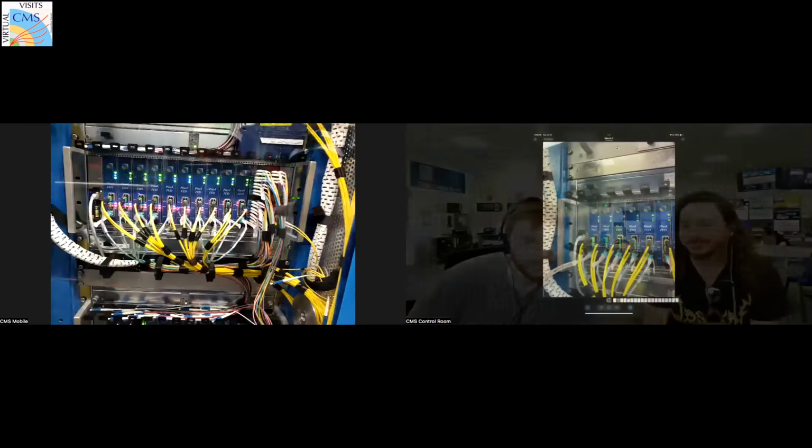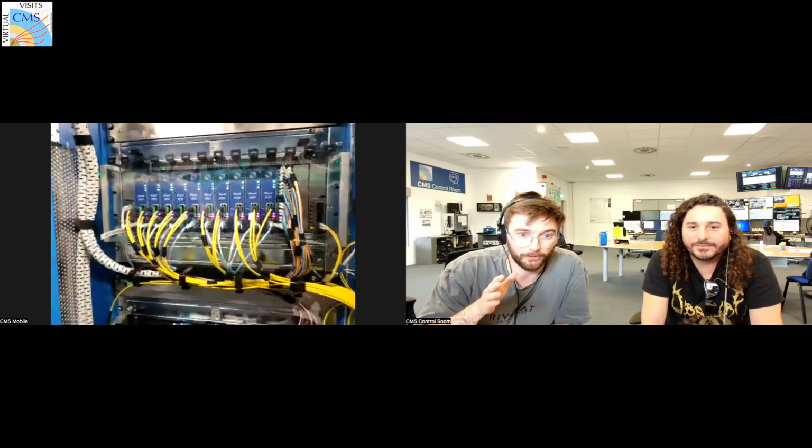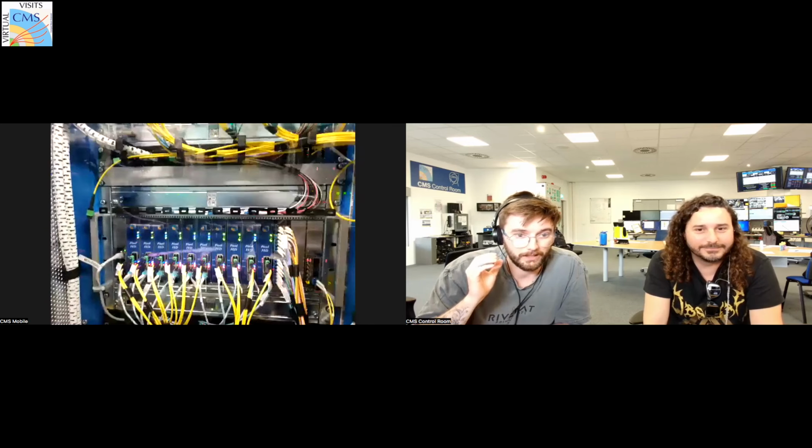Yeah, so some of the work I do here is with these pixel feds, or rather just with Pixel in general. Pixel is a subsystem. We briefly went over that picture that shows Tracker, ECAL, all the other pieces of CMS. Inside Tracker is the pixels. They're very crucial for getting the track information from these collisions. These pixel feds, FED stands for front end driver, I believe. The signals coming out of Pixel come to these feds, and you can see there's yellow cables.